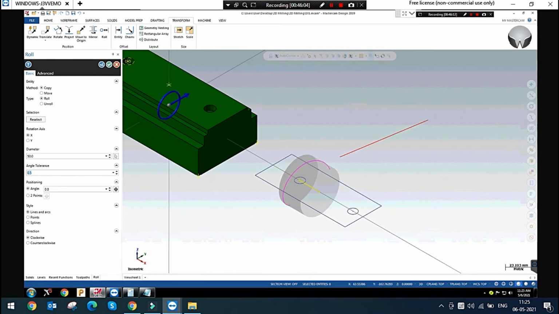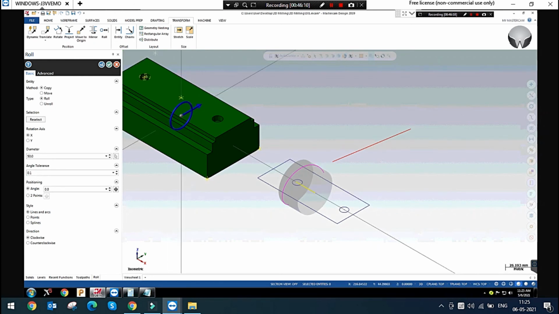So this is the angle tolerance, 0.1 minutes. If you rotate, the line will be rotated by some angle. So that is the angle tolerance we can give. If you give a 0.01 tolerance, it will be moved accurately in the circular motion.